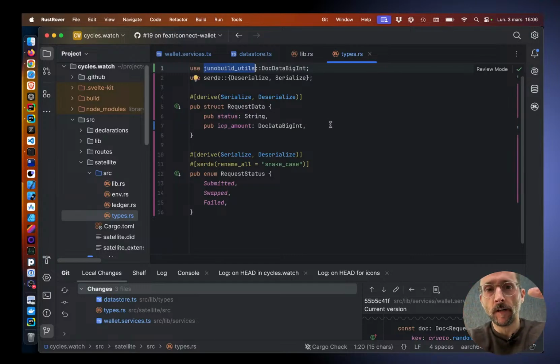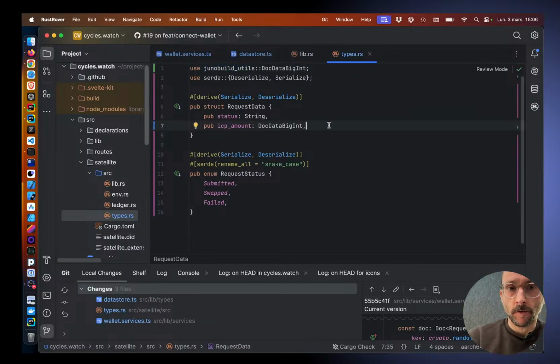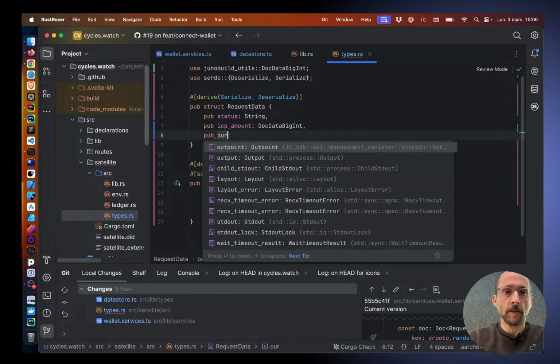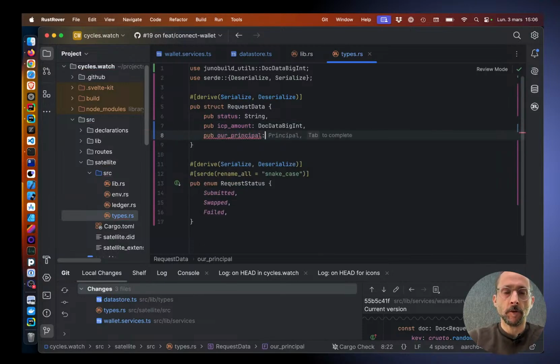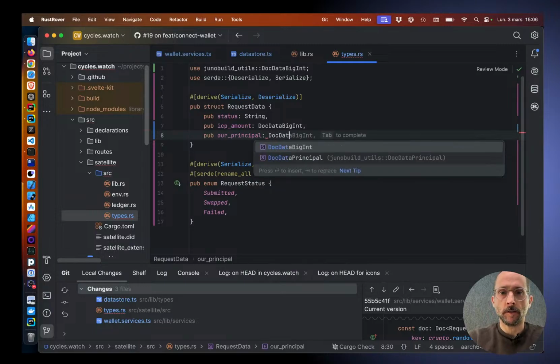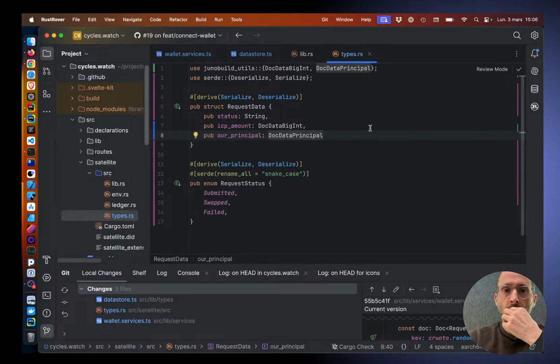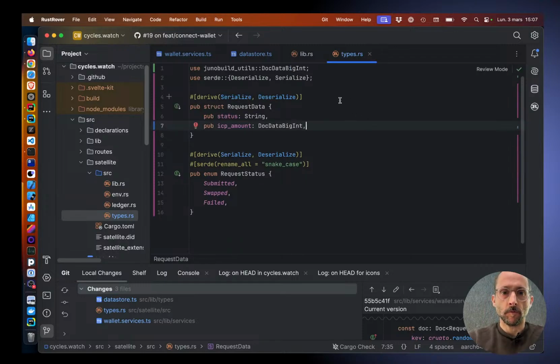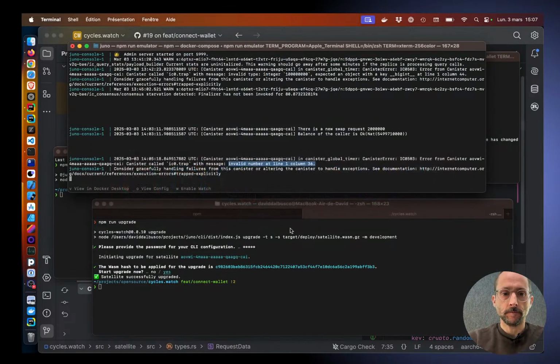And this will wrap the bigint. Likewise, if for example we had a principal in this request, we would name the variable principal, and here we would use DocDataPrincipal, right? Okay. And once you have wrapped that,